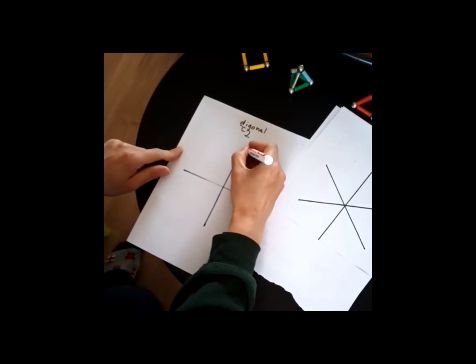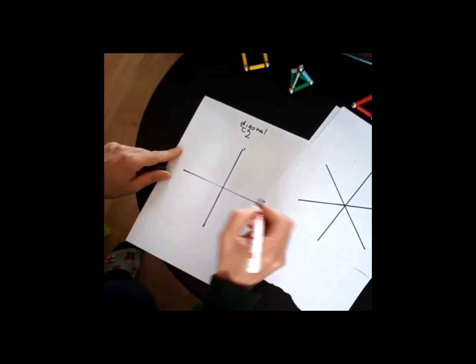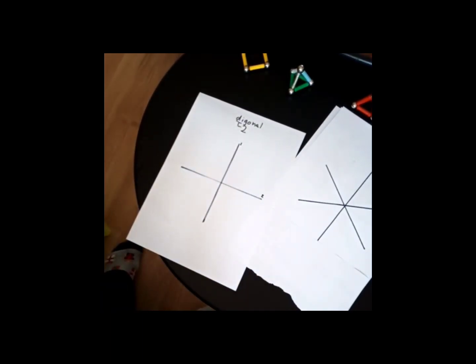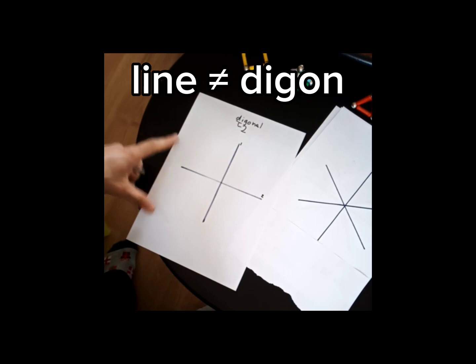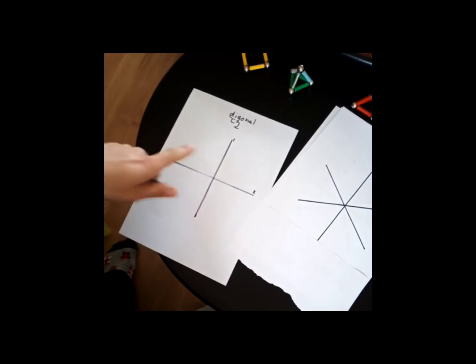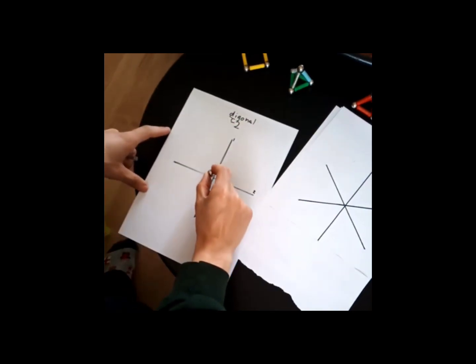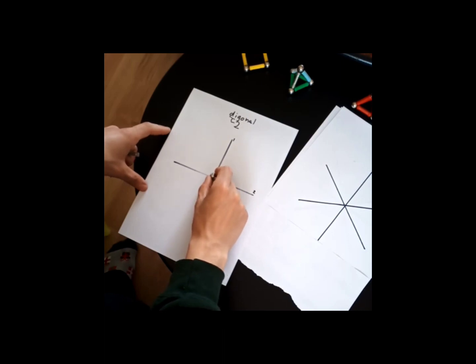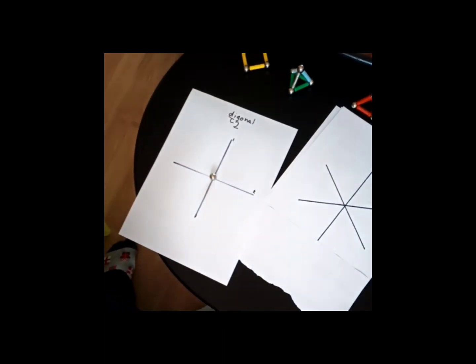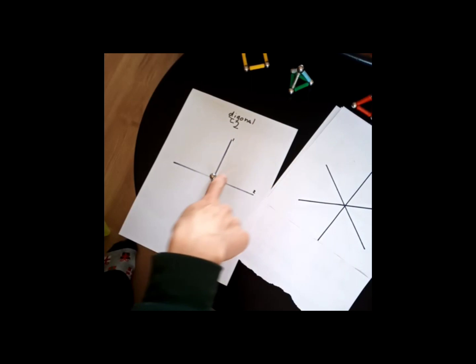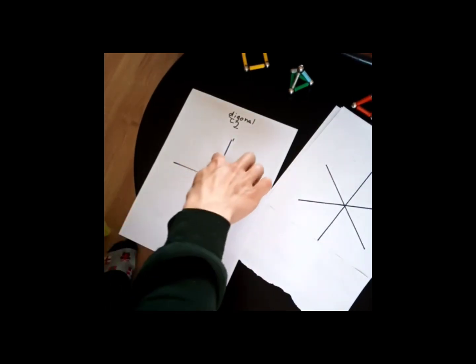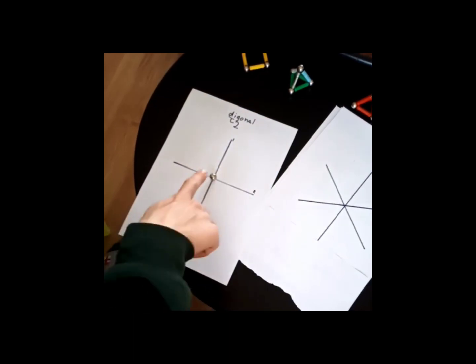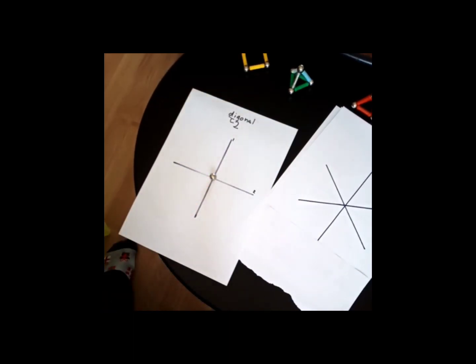We have mirror 1 and mirror 2. And how you create a shape, a digon or a line segment, on a diagonal symmetry is you put a point somewhere on this plane. And if we put this right in the middle, like this, it gets reflected across the mirrors, but it is still in the middle, and it is a point.